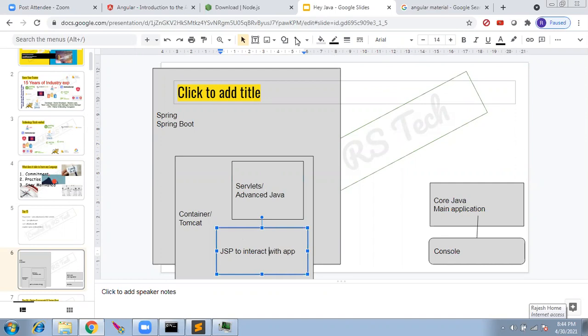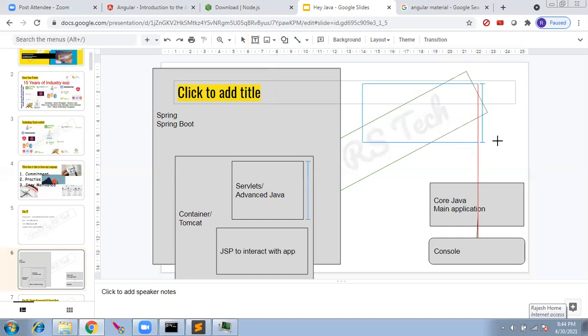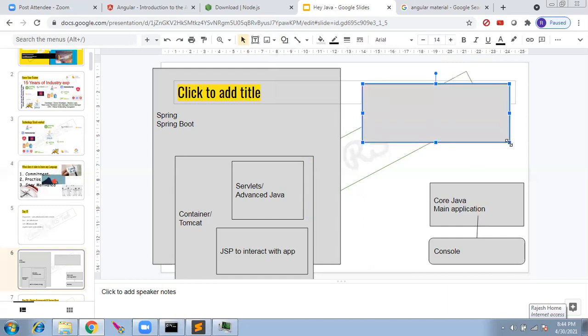So one guy came and he called himself web frameworks. All the web frameworks which we saw the other day, React JS, Angular, Laravel.